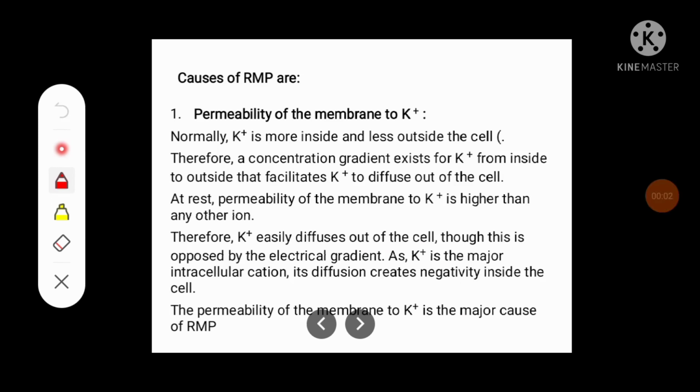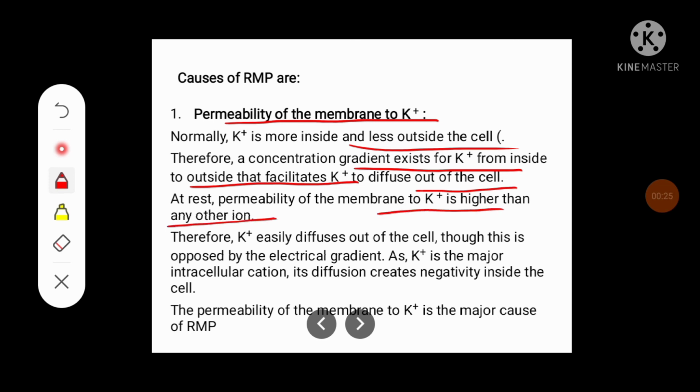Coming to causes of resting membrane potential, the first one is the permeability of the membrane to potassium. Normally potassium is more inside and less outside the cell. Therefore, a concentration gradient exists for potassium from inside to outside that facilitates potassium to diffuse out of the cell. At rest, permeability of the membrane to potassium is higher than any other ion. Therefore, potassium easily diffuses out of the cell through this